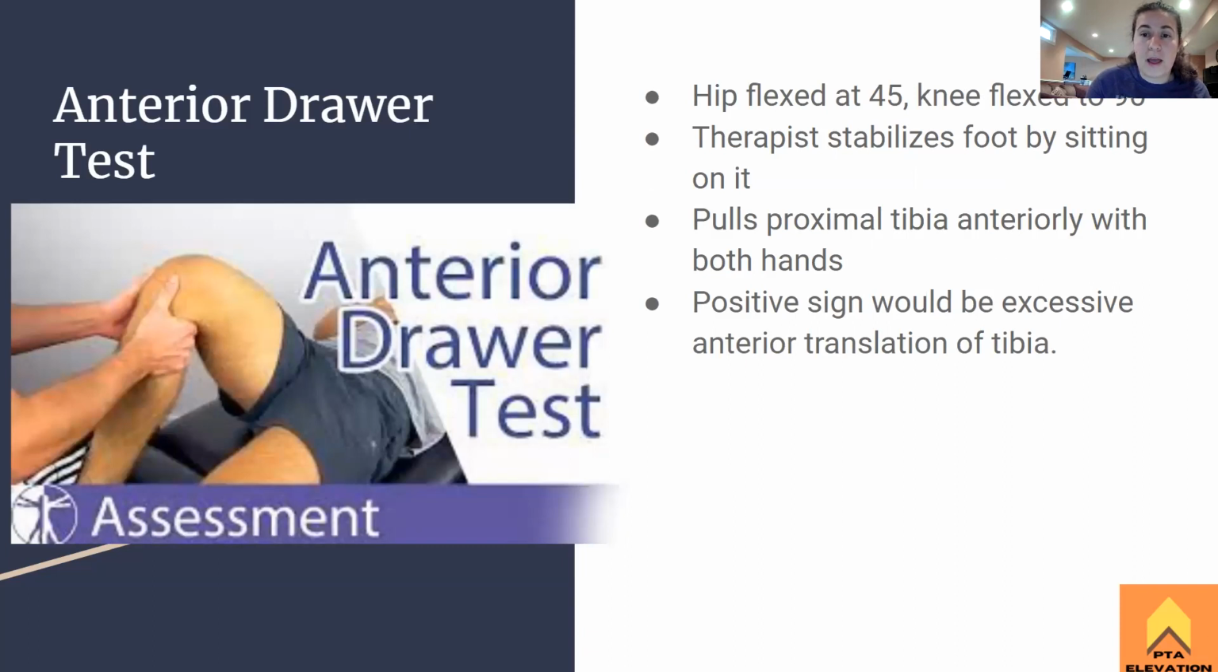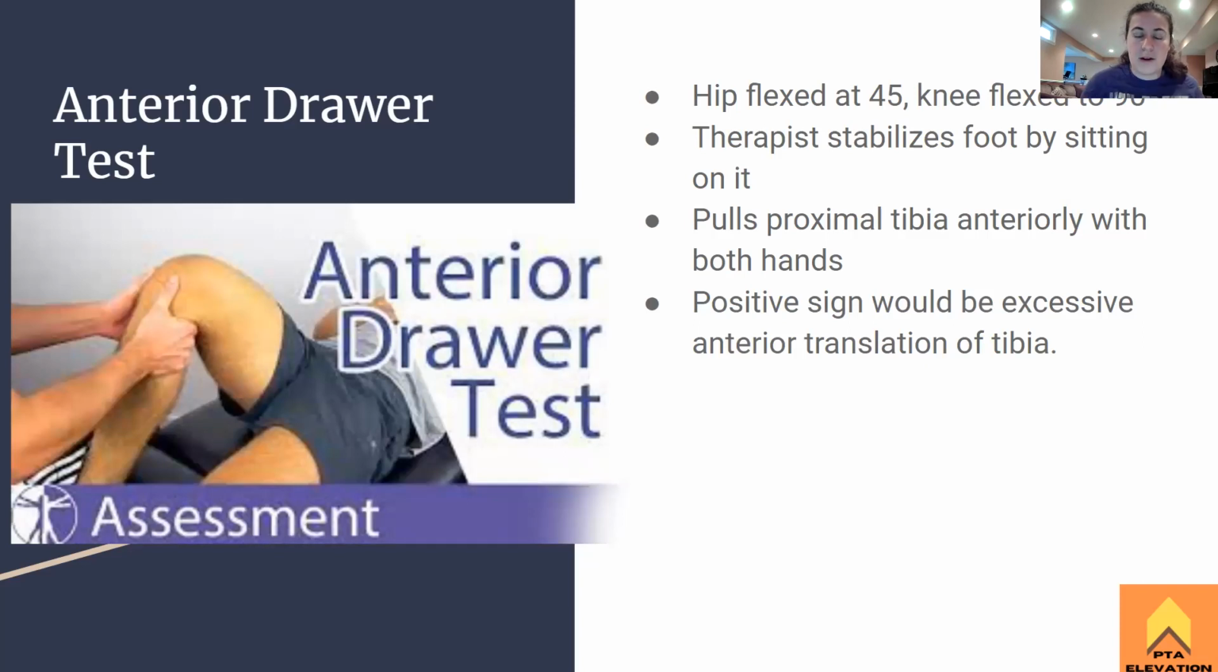And this one is a little bit different. The hip is flexed at 45 degrees, the patient's in supine, and the knee is flexed to 90 degrees. So remember, open pack position for Lachman's, we're just at regular old 90 degrees for the anterior drawer test. Essentially, the PT is going to sit on the patient's foot so it doesn't slide around, and they're going to sit behind them. They're going to take their hands and wrap them around the tibia, and they're